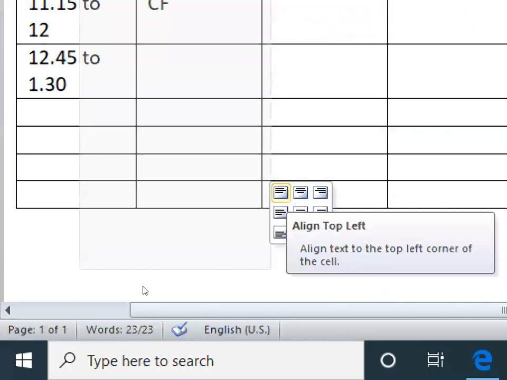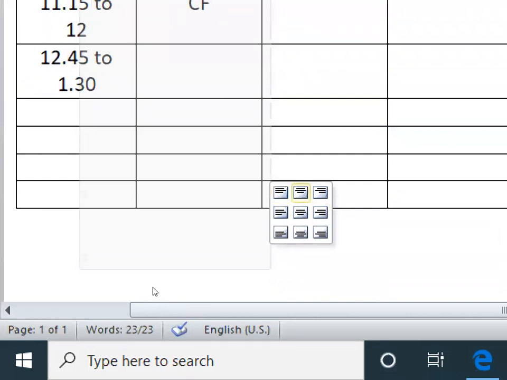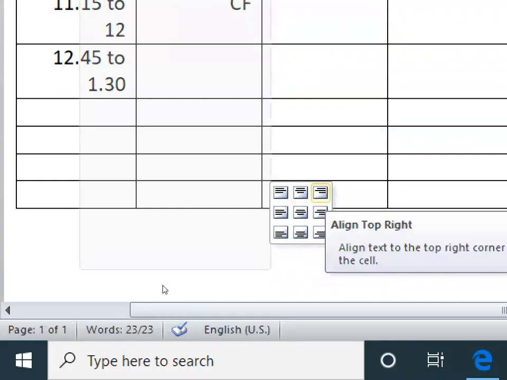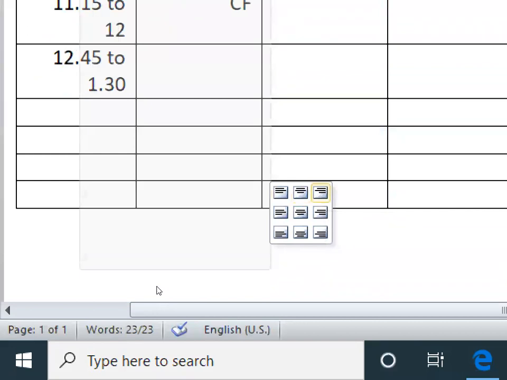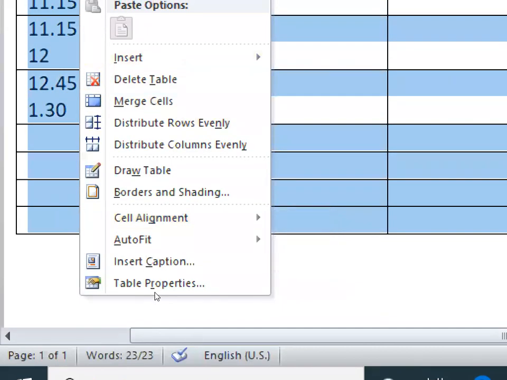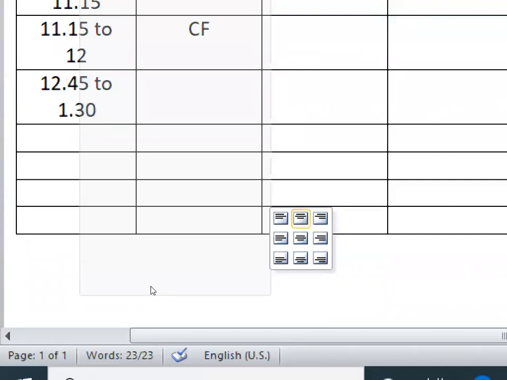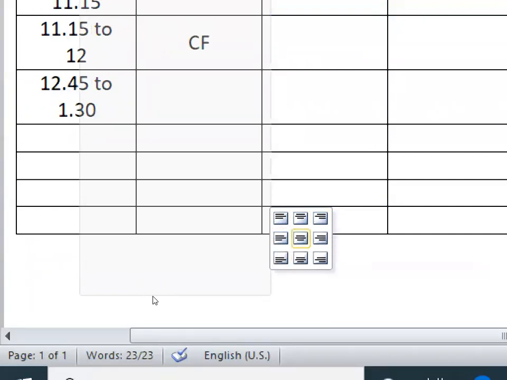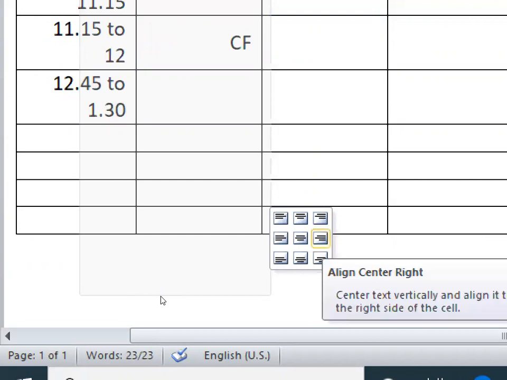Here you can see it is showing the options, like align top left, align top center. Like that you have different options. The moment I change this, you can see the changes happening. Like this I can give the alignment to the entire table.